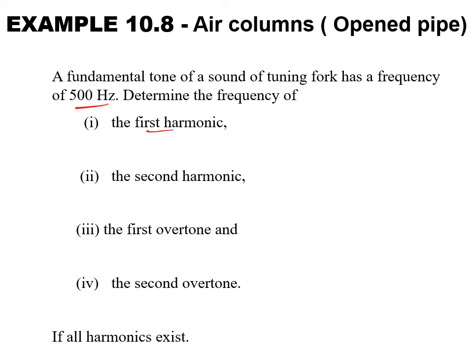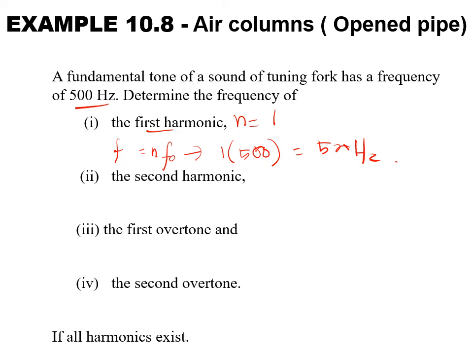Okay, so n equal to 1 for the first harmonic. f equal to nf naught, since n is 1 times our fundamental mode 500, so you will get 500 Hertz. And for a second harmonic, it is also